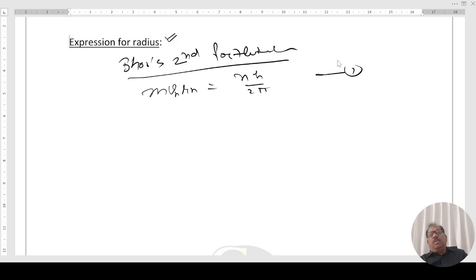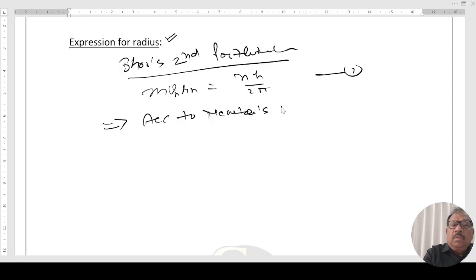This is equation 1. Now, according to Newton's second law,